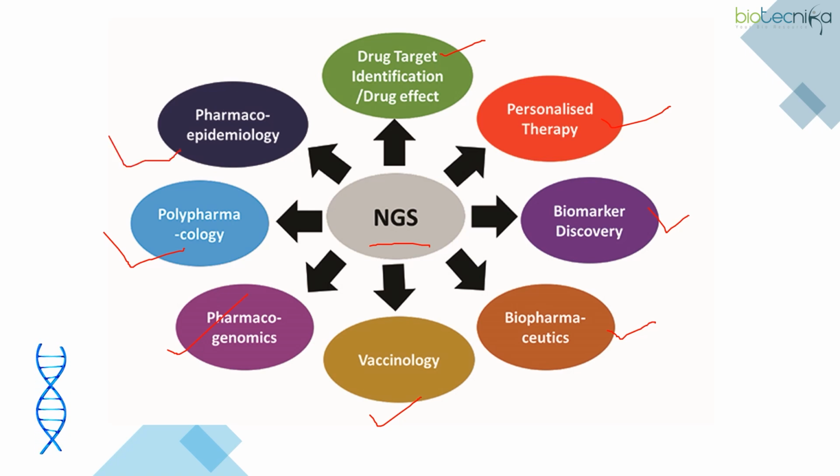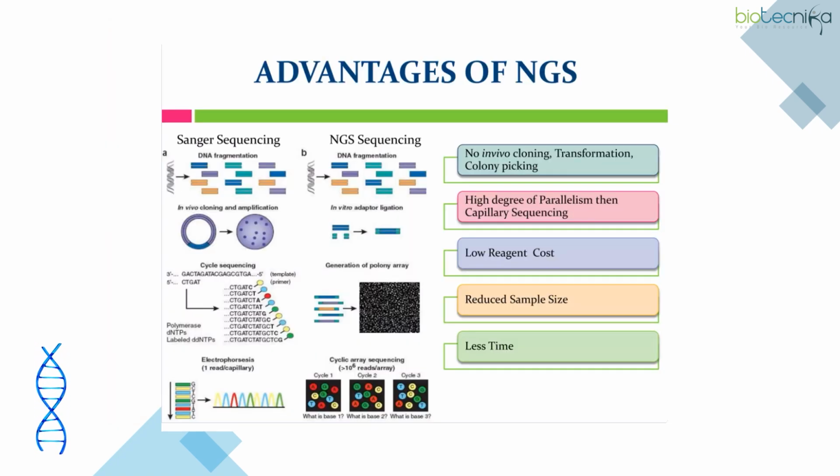Then epidemiology is nothing but where we can look for the specific target of our interest, sequence it, and then look for specific approaches. So as you all can see, this is a quick overview of the advantages of next generation sequencing over here, right? So Sanger sequencing and next generation sequencing, we have discussed both, right? So looking towards that, you can see that